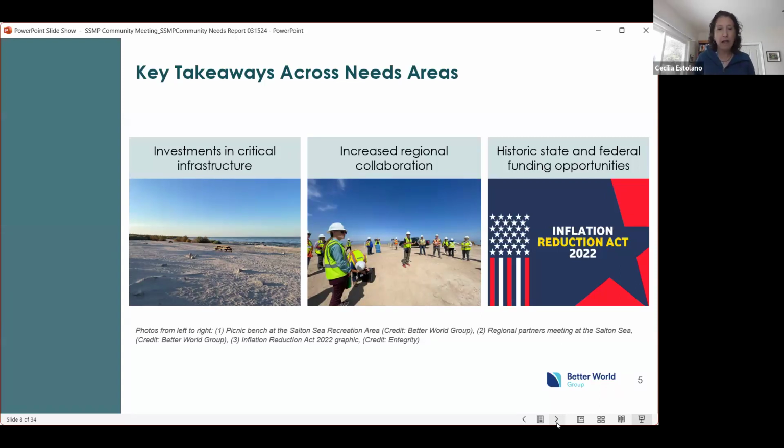Our second main takeaway is that the challenges facing this region go far beyond what only one agency can do. It's going to take increased regional collaboration from state, local, federal agencies, from community-based organizations, philanthropic organizations, together working to address some of these endemic, long-standing issues.